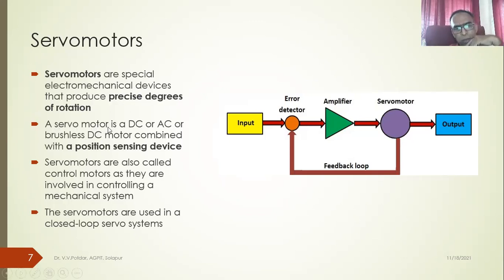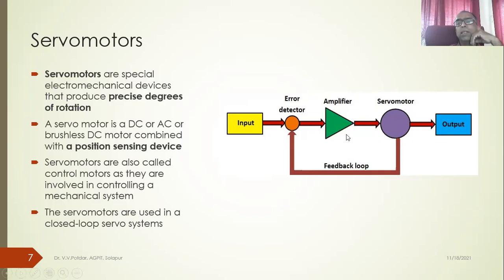A servo motor is a DC or AC or brushless DC motor combined with a position sensing device. Servo motors are also called control motors as they are involved in controlling a mechanical system. As I told you, mechanical angular position is controlled, and that's why they are also called control motors. The servo motors are used in a closed loop servo system.